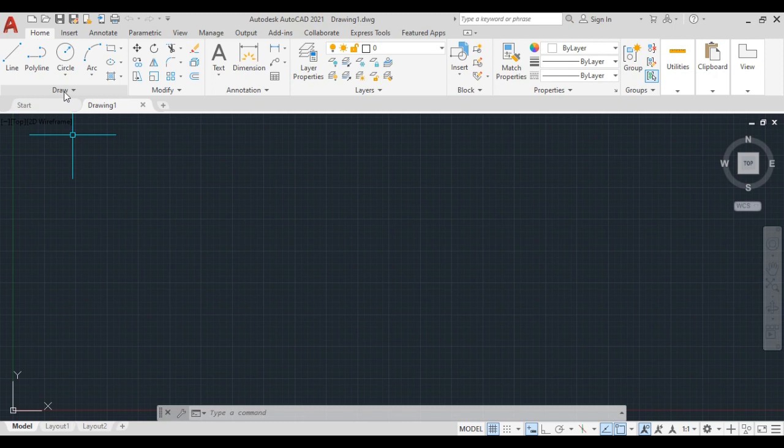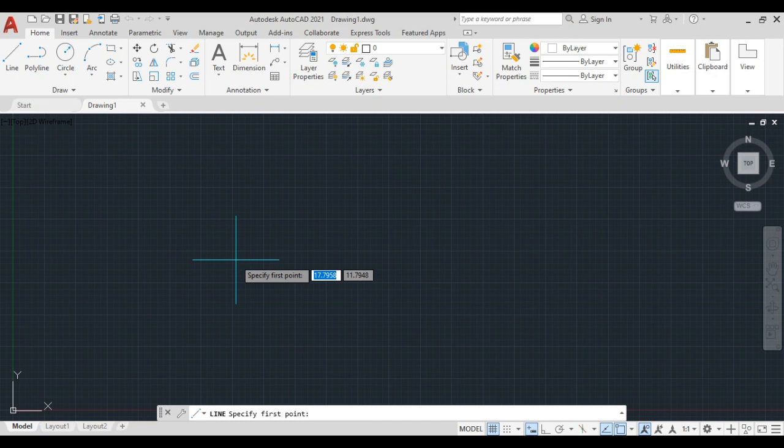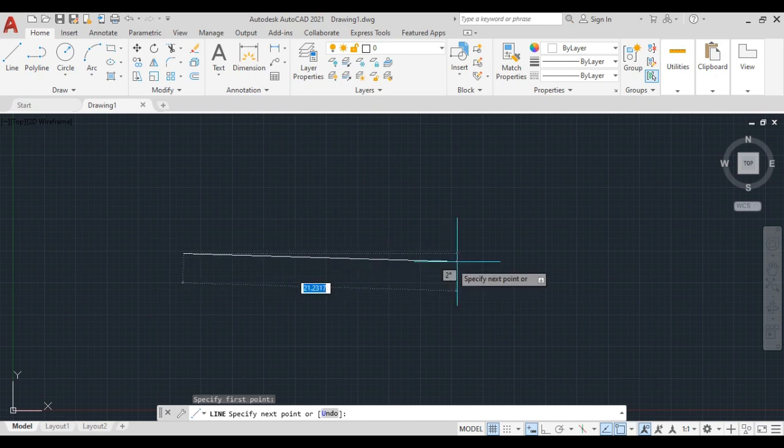First of all, we'll draw a simple line. Take the line tool over here, and now your command is active for making the line. Specify the first point by clicking anywhere. I just click here and make the line.